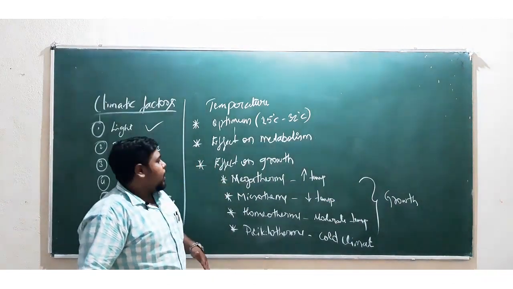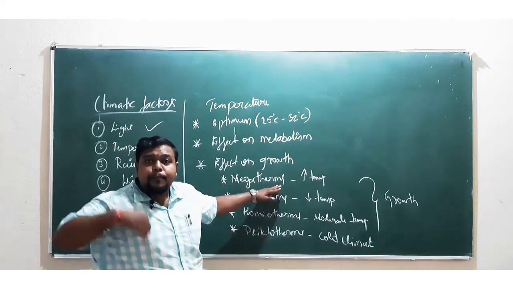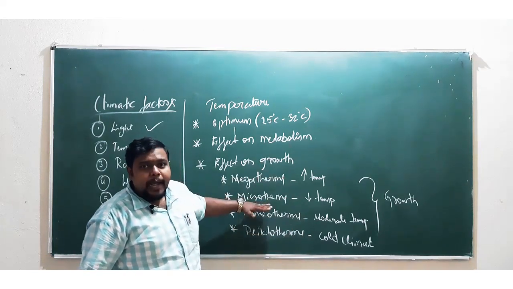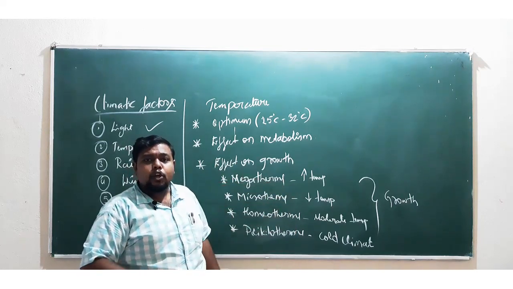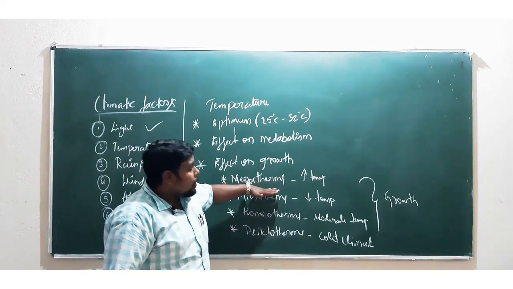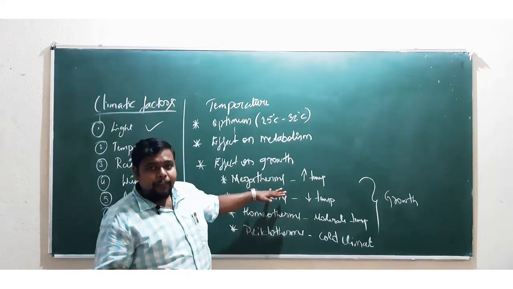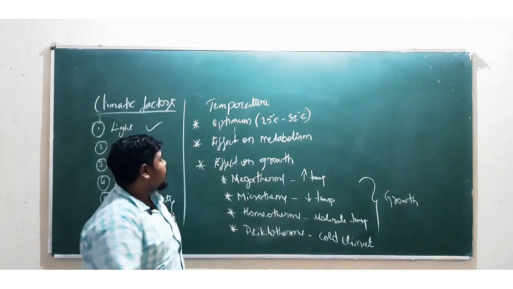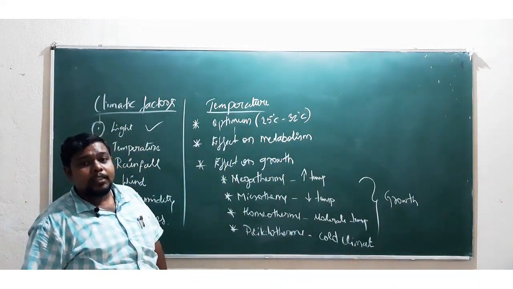Let me give an example. If a megatherm plant, a plant which comes under the megatherm category, is found in a microtherm condition, it will never grow. Vice versa, if a microtherm plant is placed in a megatherm environment, it can never grow. So this happens for all these four classes. Until and unless that particular kind of plant is found in a suitable condition, maintaining temperature or environment, only then can it grow in an optimum condition. That is determined by temperature, and these are all the effects or influence of temperature.